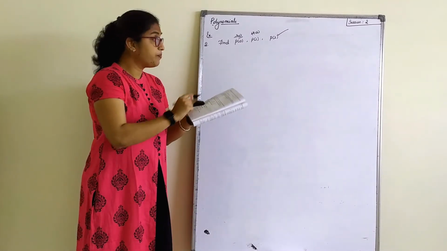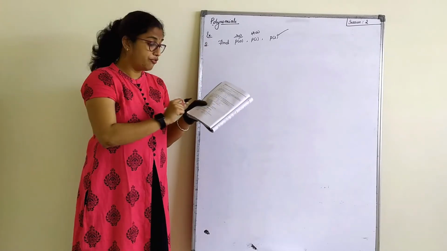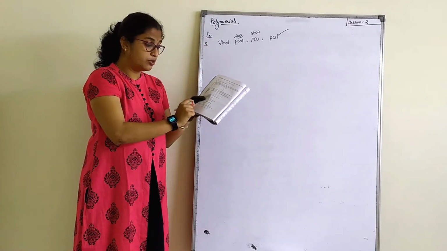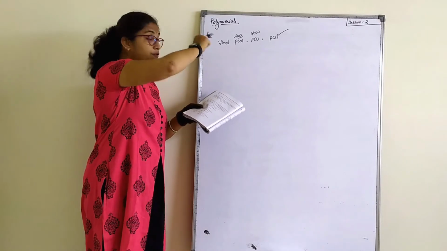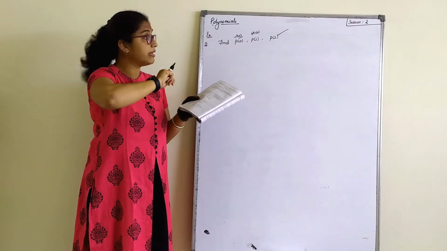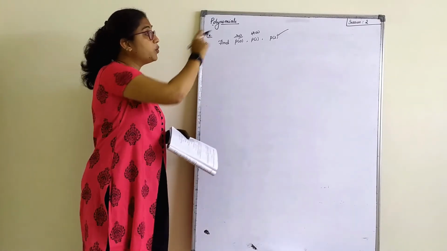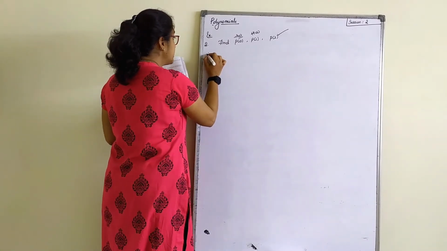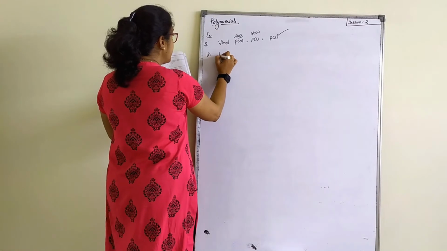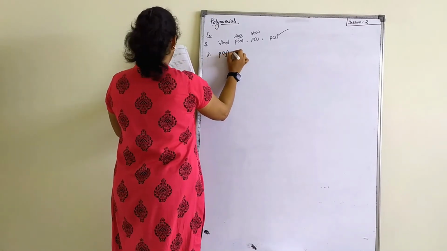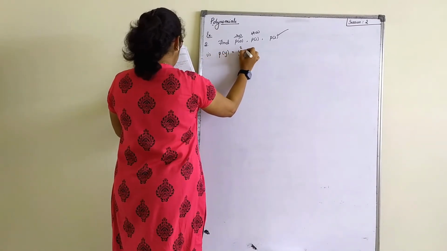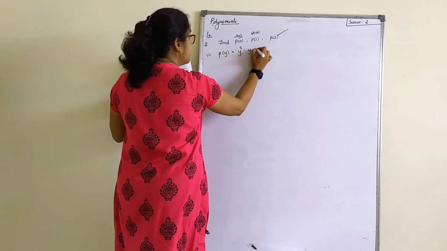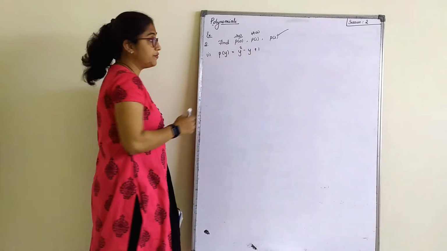Now that means here for P of 2 I have to find all four: 1, 2, 3, 4. For P of 0 I have to find all four values and P of 1 also the same thing. I will only be doing P of 2. Let's start with that. With the first equation we will start. The first equation given here is P of y is equal to y square minus y plus 1. Right? This is the first one.